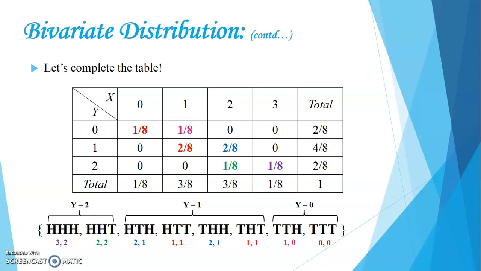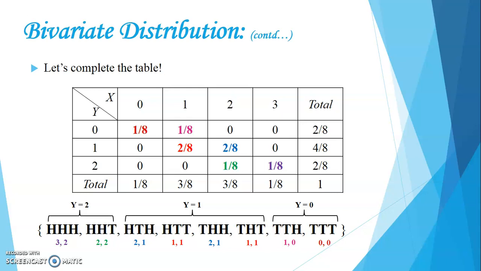Alright, so now in this particular table, I have again kept the sample space ready for you. So if you observe the sample space carefully, let us go step by step, okay? So let us focus on the last 2 points, that is when y is equal to 0. Y is the number of heads in the first 2 tosses only. So when you have T, T and H, y is equal to 0. And how many heads do you have in all? You have just 1 head. Okay, so that pair becomes x equal to 1, y equal to 0. How many times are you observing this pair? Can you see 1, 0 anywhere else? 1, 0 is occurring only once.